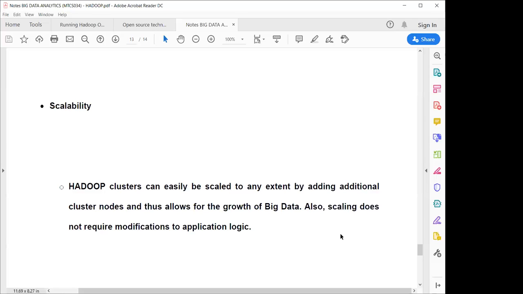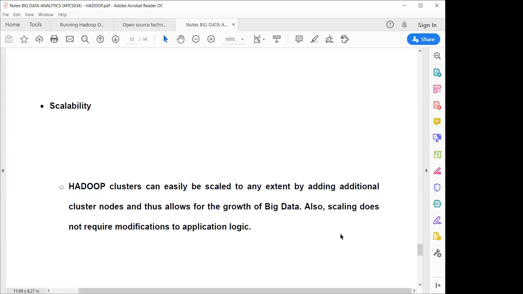After some time you find there are 100 users, so you require additional systems. After some time there are 1,000 users, and now you require additional 10 systems to process the information. You can add nodes to the Hadoop cluster without any problem, and thus it provides scalability for your application.